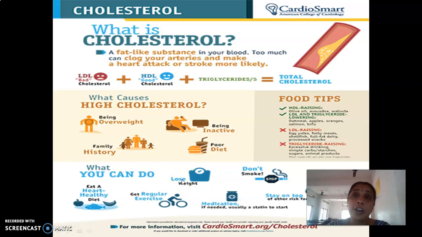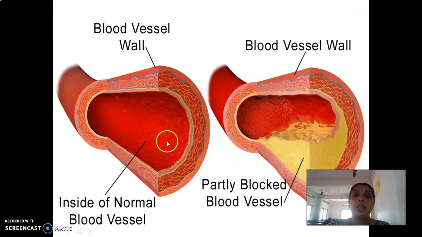For example, if you get a lift and a staircase in front of you, go to the staircase, or prefer the staircase rather than the lift. Okay, so don't smoke, then stay on top of other risk factors, then medications are the last option. So you can control the fat content in your diet by maintaining a healthy diet, regular exercise, then losing weight, etc. So this is the normal artery. And what happens when the TG and the cholesterol level, LDL level, etc., will be elevated? See,